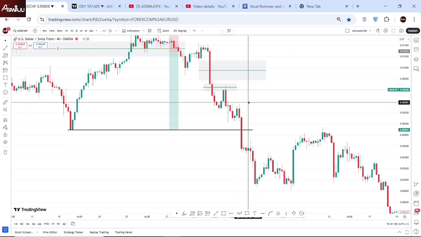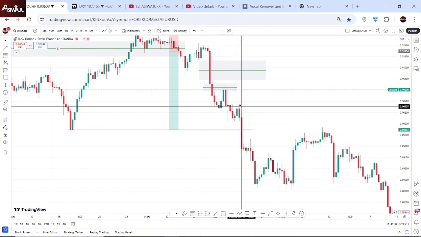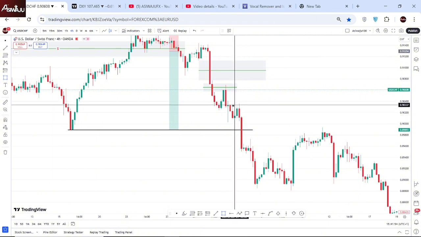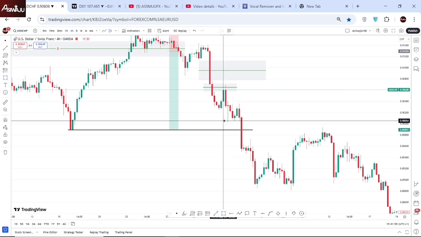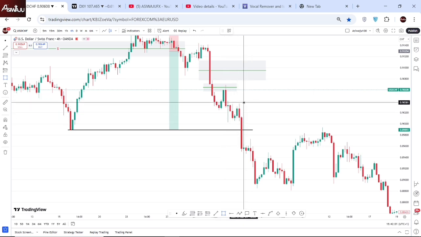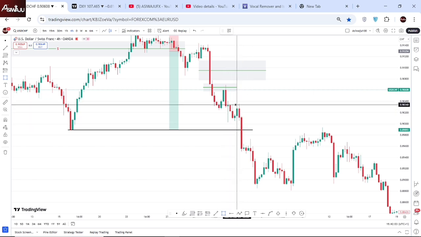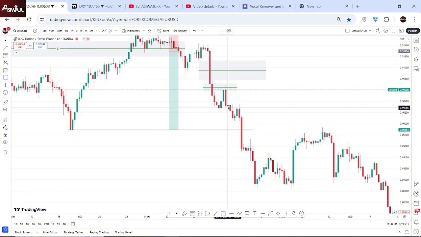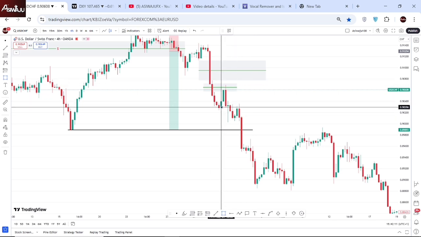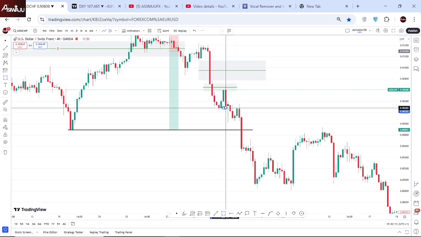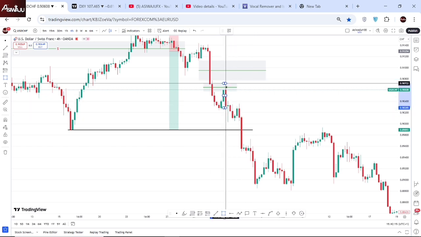When you look at this candle very clearly, you can see that this weak candle engulfs all these candles. All these candles we have here are inside bar to this previous candle, this weak candle. So if we want to mark out our inefficiency, how are we going to mark it out? We're going to mark it out from the low of this first candle we have here,